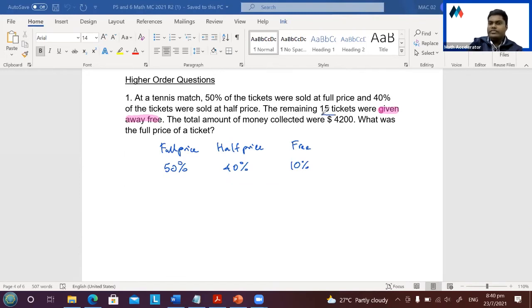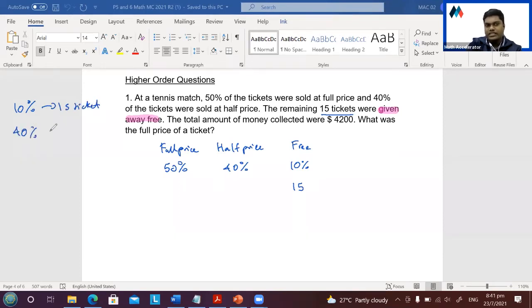Okay, now let's put down the next set of info. The remaining 15 tickets were given away for free. So the remaining is actually the free tickets. 15, so write down. Okay, so now, if 10% is 15 tickets, what is 40% and what is 50%? Can you all calculate that? Okay, so if 10% is 15 tickets,